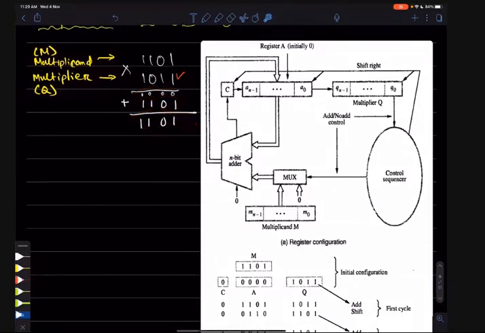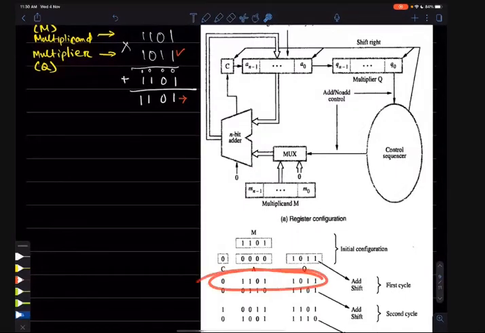Now what is the next step? I have told you the next step will be shifting this to the right side, so that our next result will be added to the shifted partial product. So that's why we will shift the result to the right side. Let's shift the result to the right side. This 3 register works as a single register. There are actually 3 registers, but whenever we are doing the shifting operation, they work as the same.